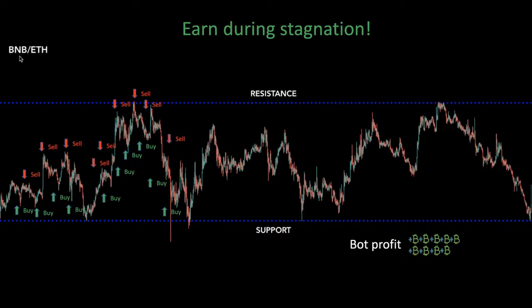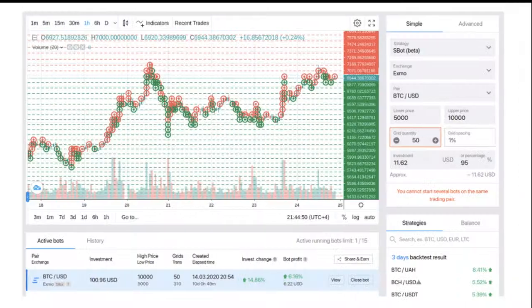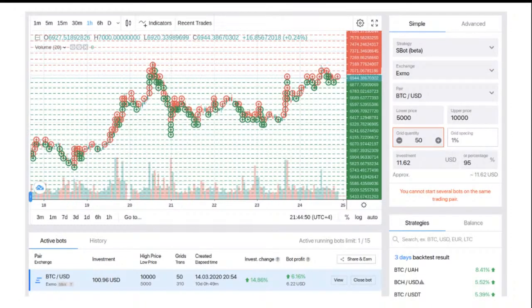Don't blindly hodl BNB. Let the BNB earn profits for you in Ethereum. That's the idea. All right, so here are some of the examples. It's Bitcoin to USDT, and here you can see that the investment change is 14%, and the bot profit here is 6%. So that means that the